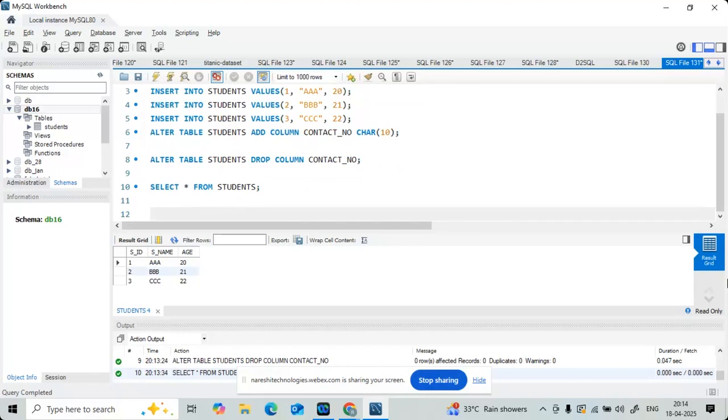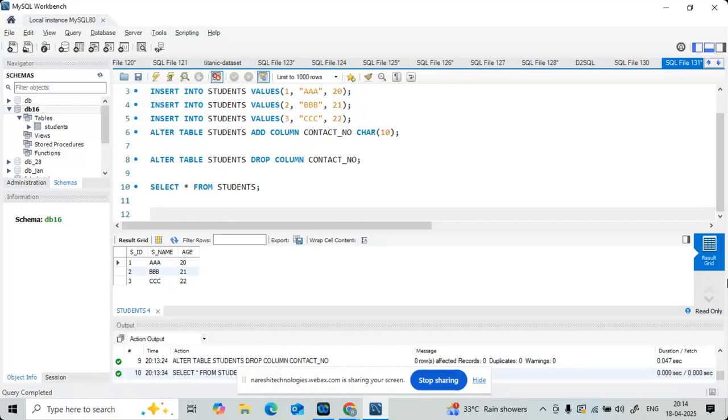Now let's go with one last option called rename, which is again coming from the DDL part itself. So in DDL, we have one available option called alter that we just discussed, dropping a column, deleting a column. Even with the same alter, you can change the data type as well, modify. That I'll explain how to do. And the other thing we can do here, along with these options, is rename